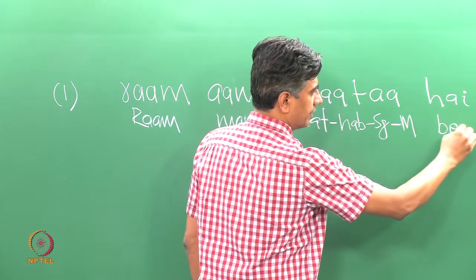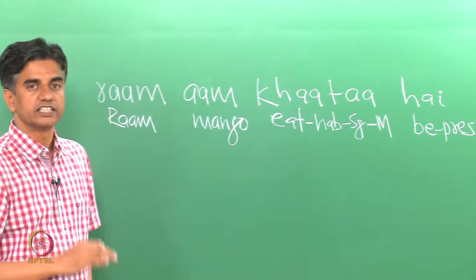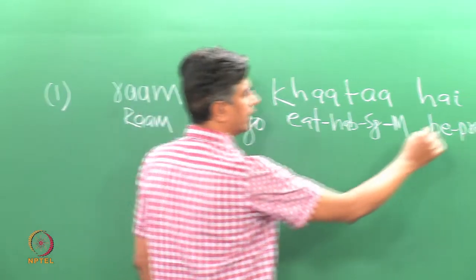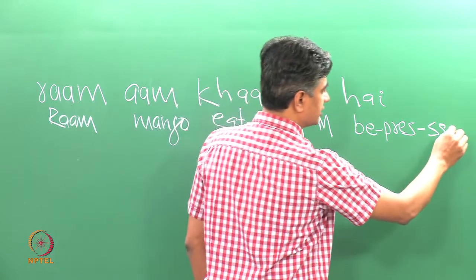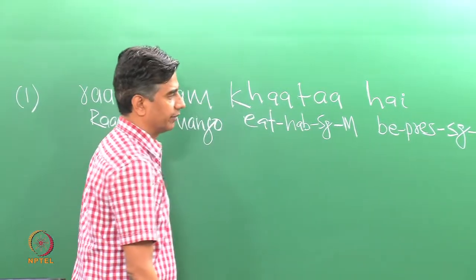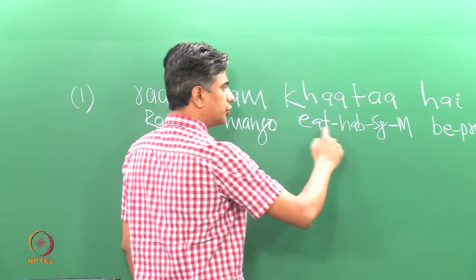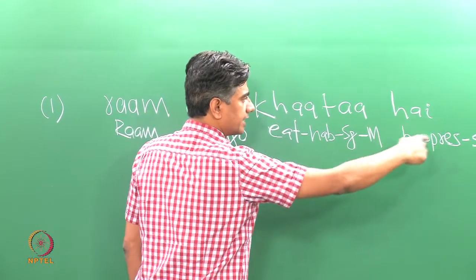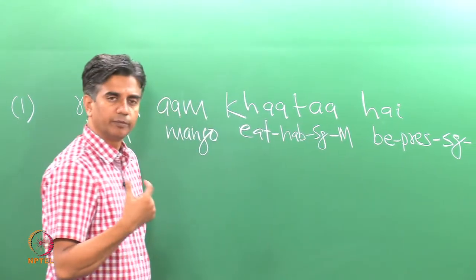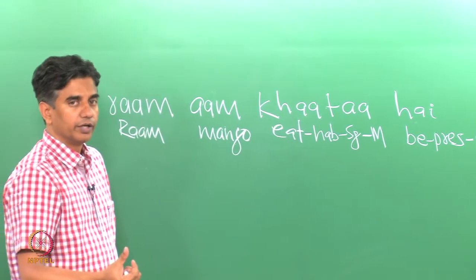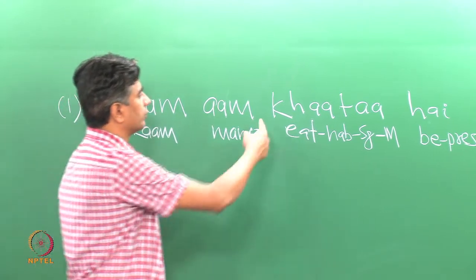and this is verb be in its present form, which indicates present tense marker. Also has singular number on it. Does not have gender on it, but definitely has singular number on it. Together they create a verbal complex where the tense marker happens to be an independent morpheme, independent verb, independent word, but it is part of the verbal complex.